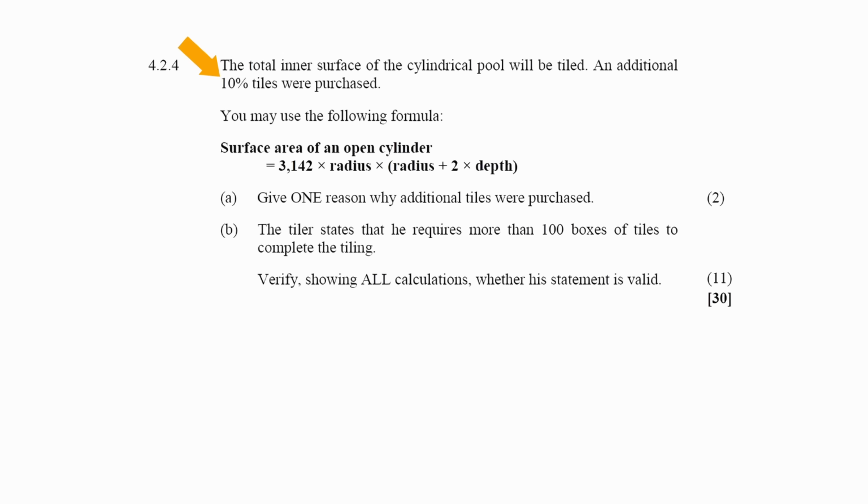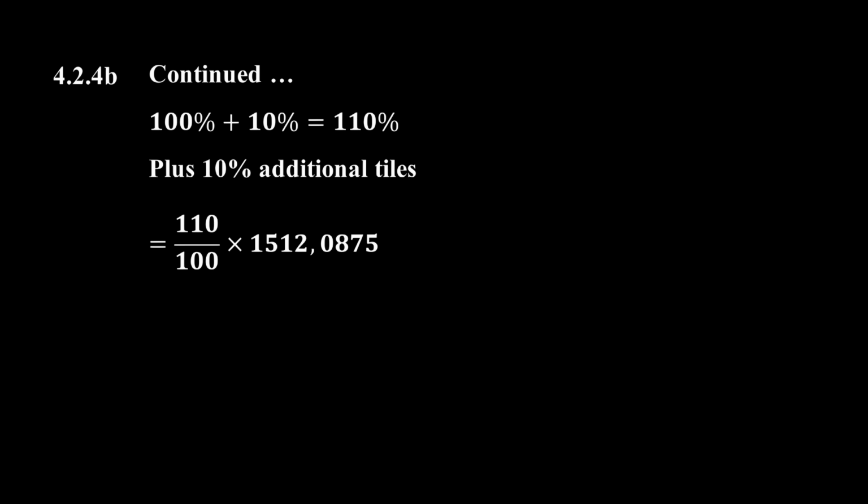1,512,0875 tiles. Now remember that an additional 10% of the tiles were purchased for this tiling project. This means that they will need 110% of the tiles needed to complete this project. That is 100% of the tiles needed plus an additional 10% for breakage. So the total tiles to be purchased will be 110 divided by 100 multiplied by 1,512,0875 tiles, and this equals